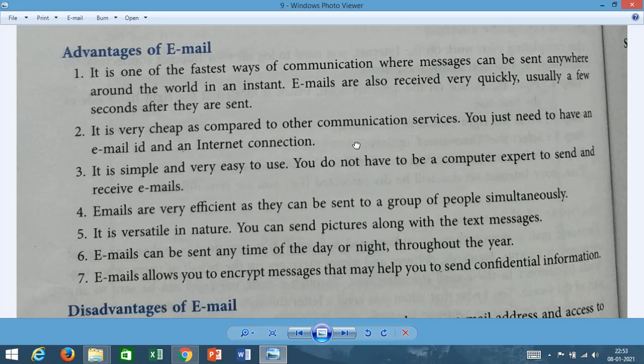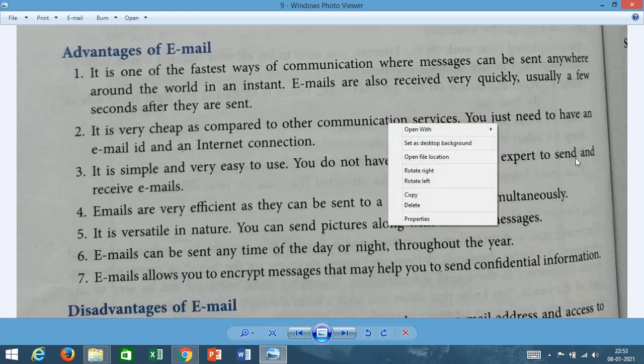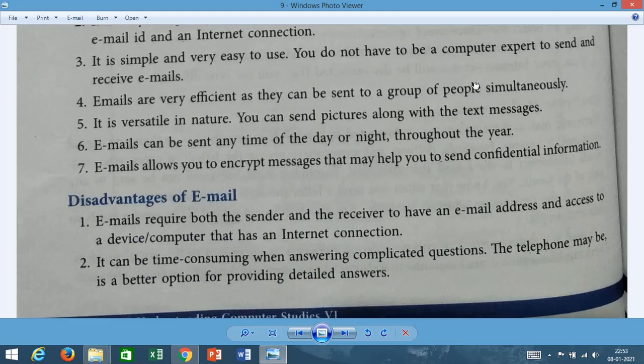Encrypt messages means that you can put a password to your content and you can send the data to someone. If there is something confidential, you can send the data to someone by encrypting it. That means by putting some password into the document.